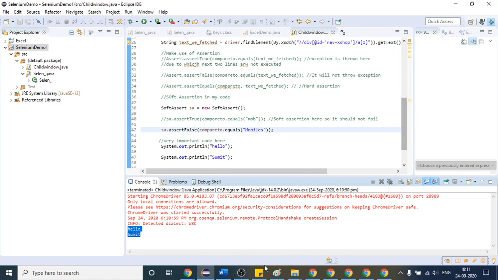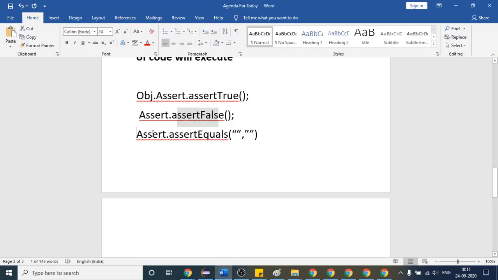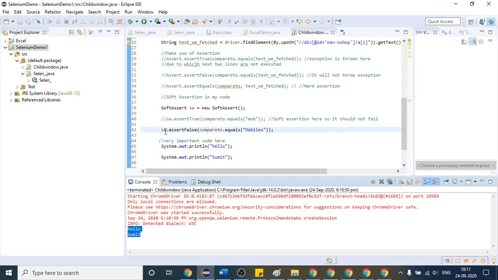There is also one more similar method, which is assert dot assert equals. Let me comment this.